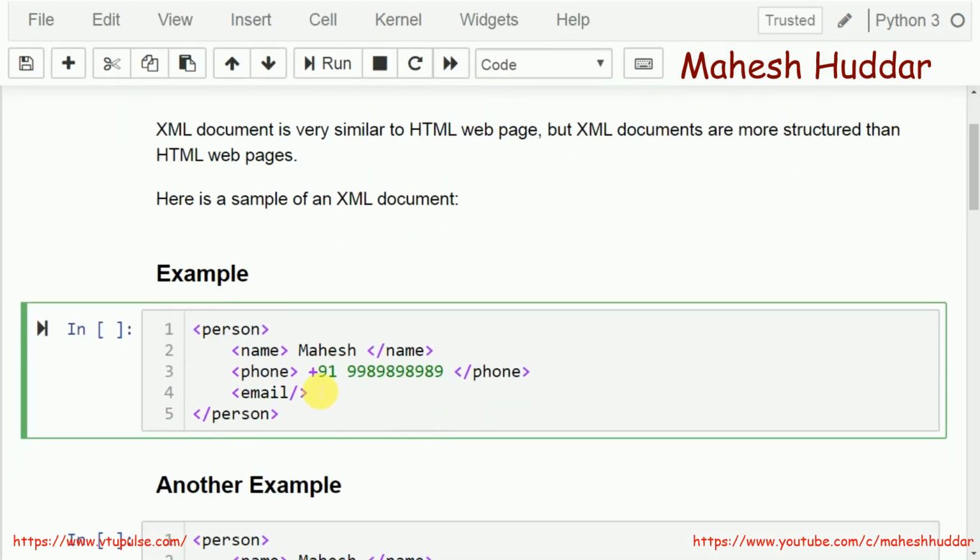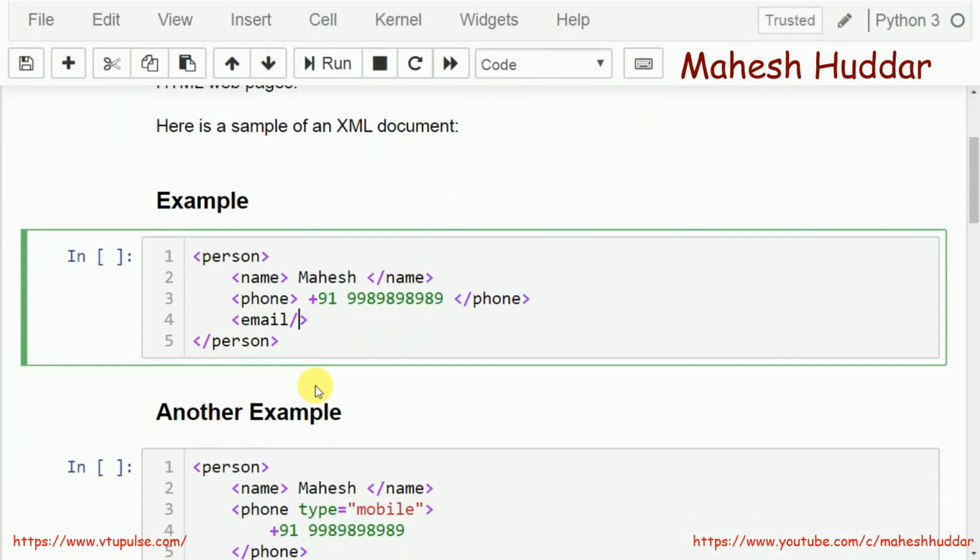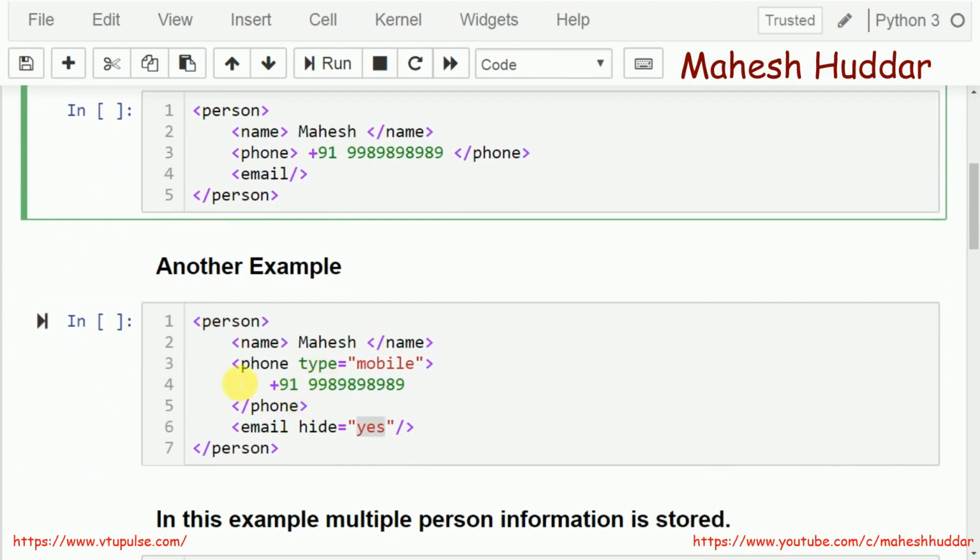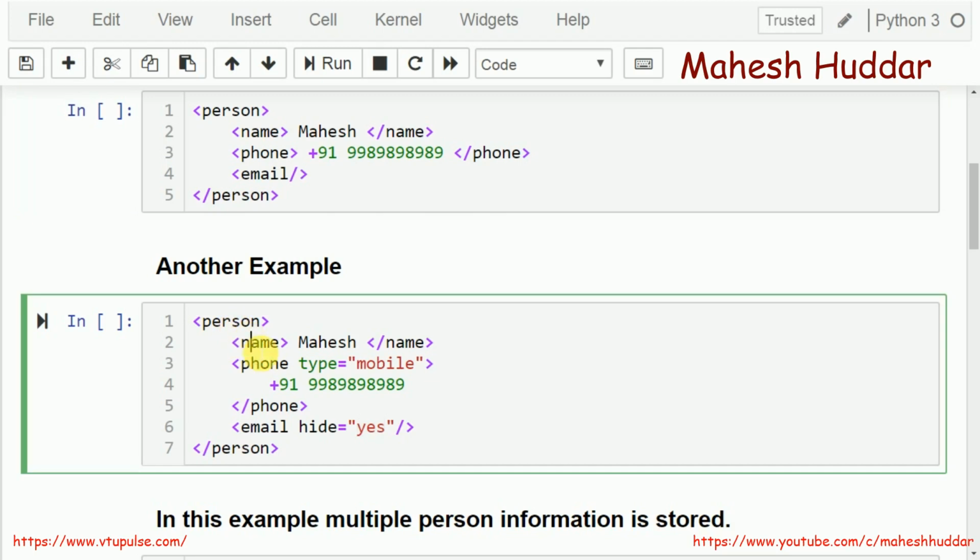Along with this, it may happen that a particular element may have something called an attribute. For example, if you go with this example, the person and name do not have any attribute, but phone number and email have one attribute each. The attributes are nothing but key and value pairs which are written within the opening tag. So for phone, there is a key type and the value for this one is mobile. What we are trying to say in this case is what type of phone number this is, whether it is a mobile number or a landline number. That is how we can understand these particular attributes.